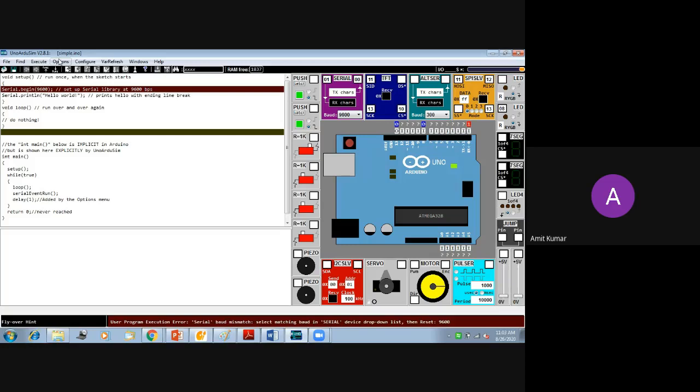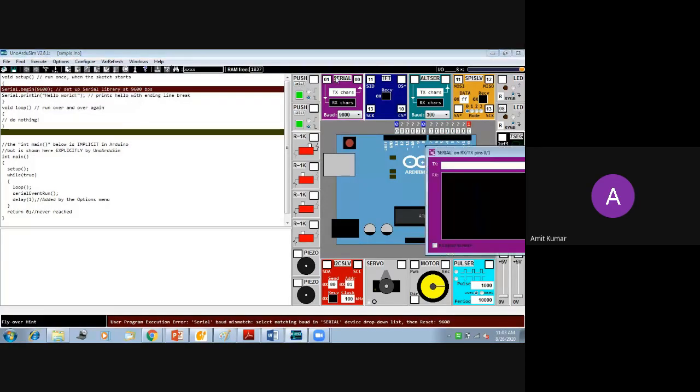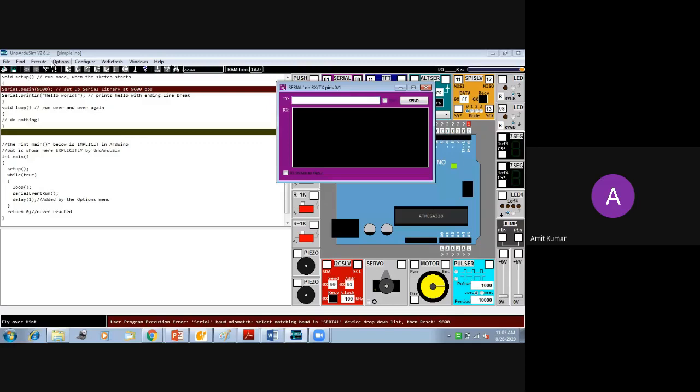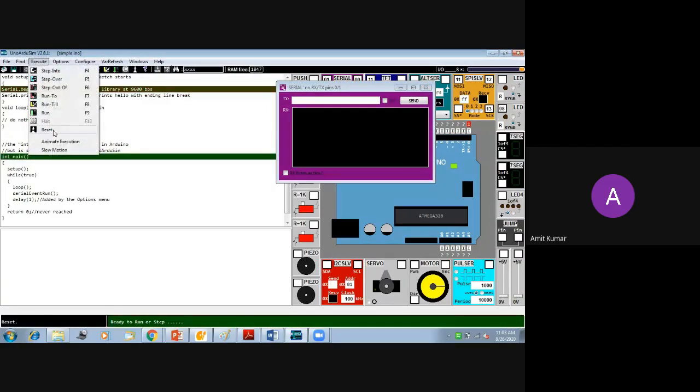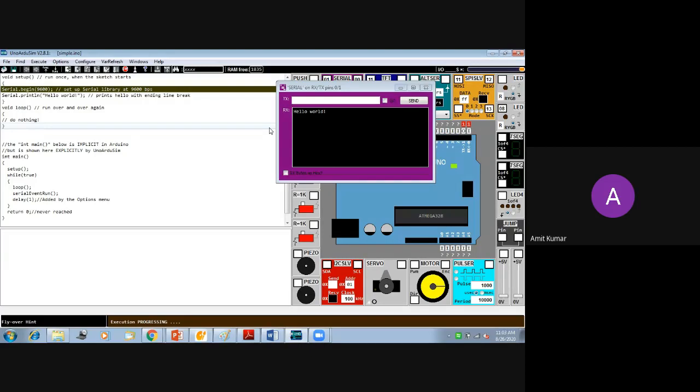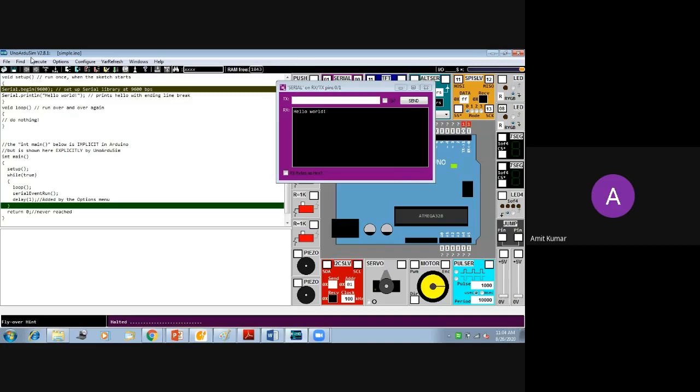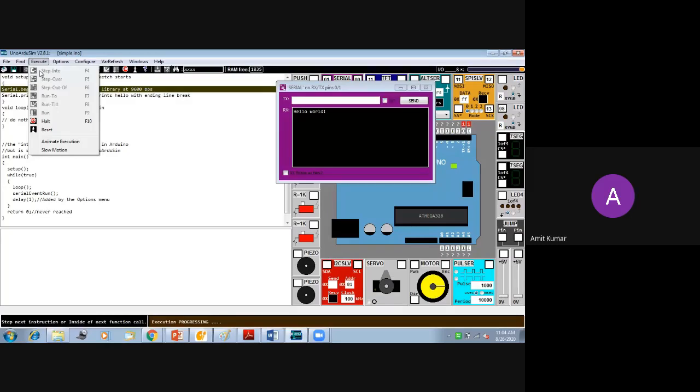Now the speed is the same. So now you can open the serial port, and you can see whatever you write here, or whatever the controller is writing. Now you execute the program. You can see Hello World is written over there. Now again, if you execute, it will print Hello World again in the next line. So halt, run. Okay, so it will erase every time. So it will work in this session.